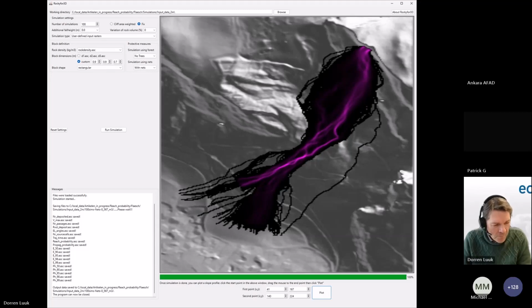Can you hear me? Yeah. In the past I normally used the CI for the passing height now. Yeah, because this was more detailed. No, the CI was based on